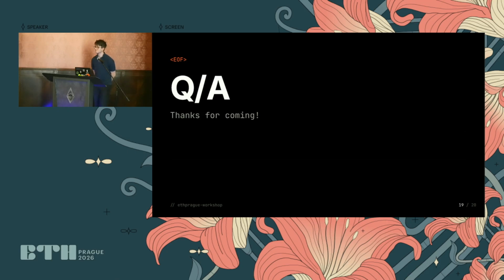Is there a way to extend the language with new opcodes for custom EVMs? With new opcodes, not yet, but that's definitely something I'm thinking about adding, because that was also a problem I've seen with other languages, that rollups tend to add precompiles instead of opcodes. The Ethereum team itself seems to prefer to add features through precompiles rather than opcodes. So this is something I want to add.